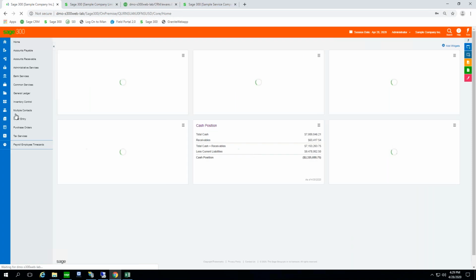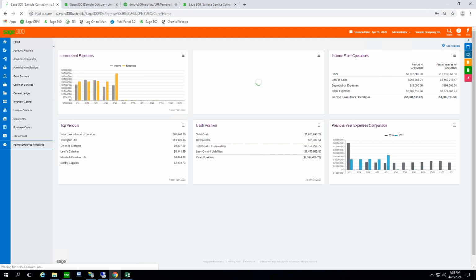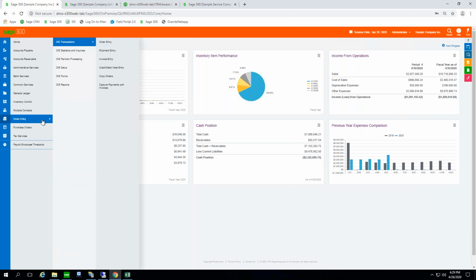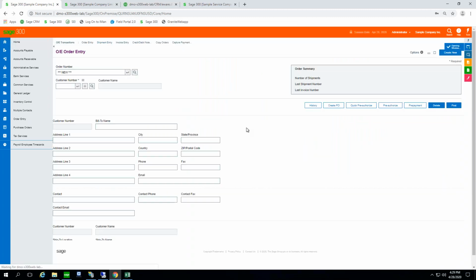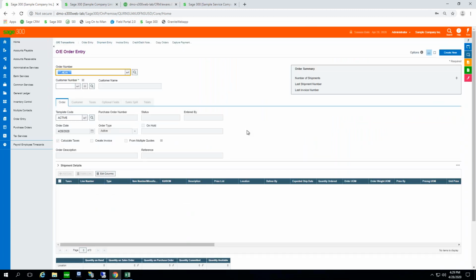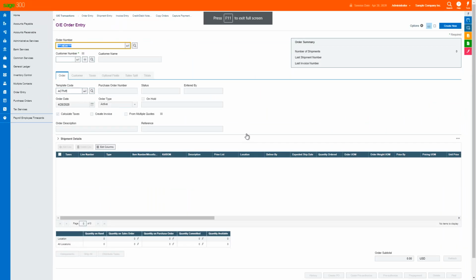Log in as administrator, and then back to my dashboard. So some of the screens that people use most often, an order entry screen we had open there a minute ago. So I'll go ahead and launch an order entry screen. Within the web screens, one of the things that people can do is use the full screen functionality by hitting F11,